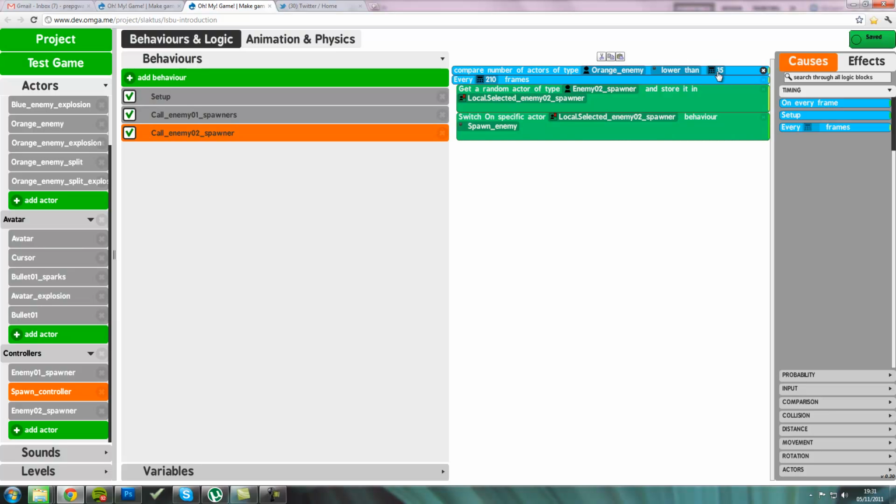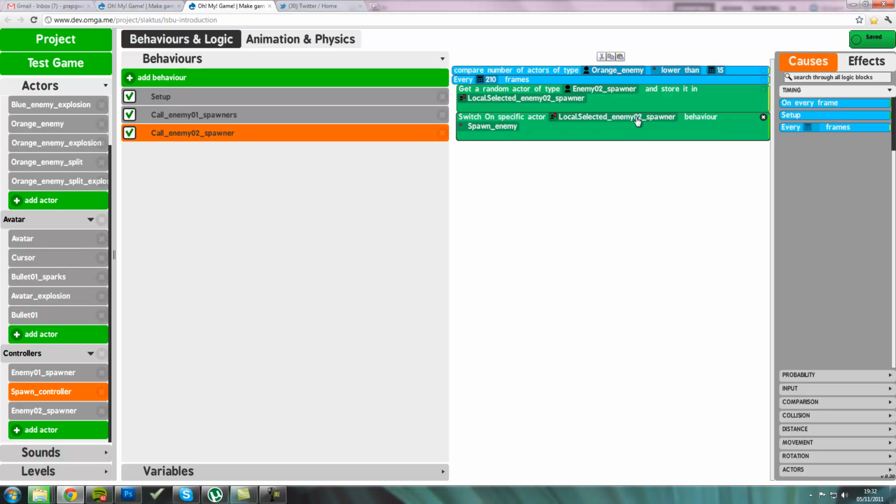That's way less than the 50 limit of the blue enemy, but that's because the orange one's way more dangerous. It only spawns them every 210 frames, which is every 7 seconds approximately. And it looks for an instance of the enemy O2 spawner. It saves it in a local attribute named selected enemy O2 spawner,